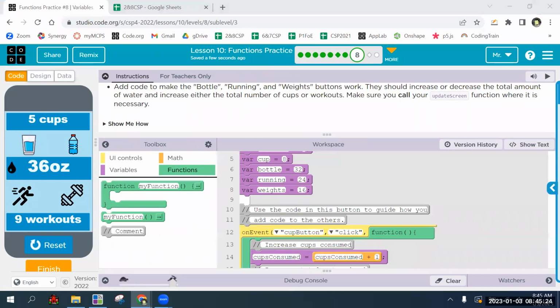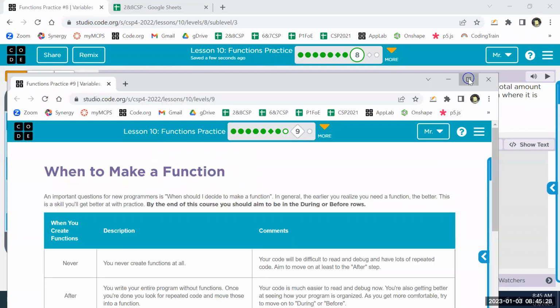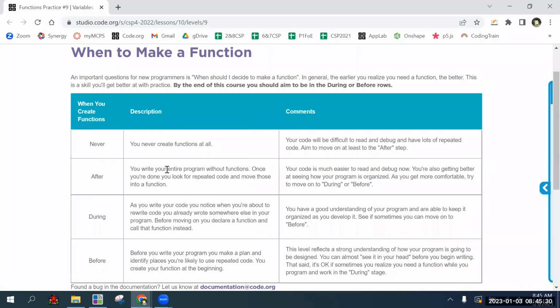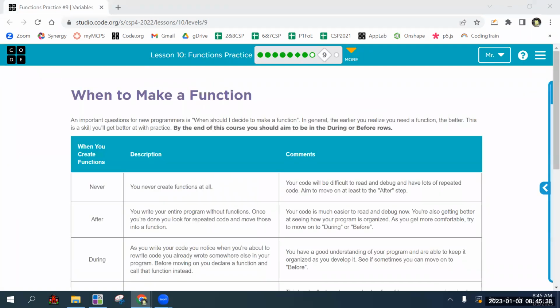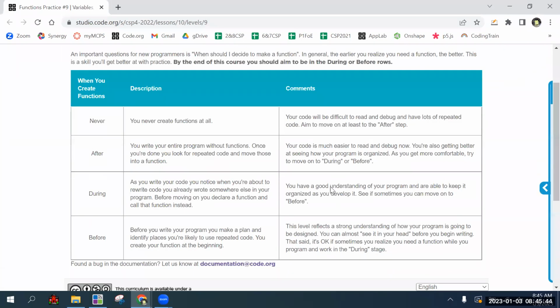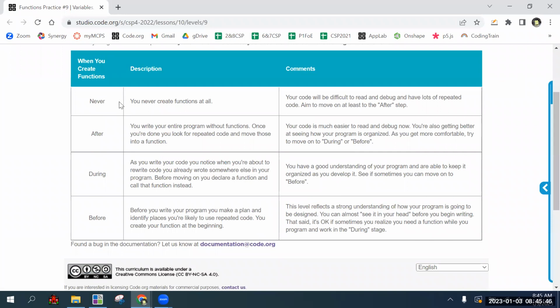And bubble 9, just some more informative stuff. When to create a function. And I have a feeling it's going to be related to this. Let's see what we have here. Okay, so when to create a function. If you never create a function, your code will be difficult to read. I don't know. Okay, so